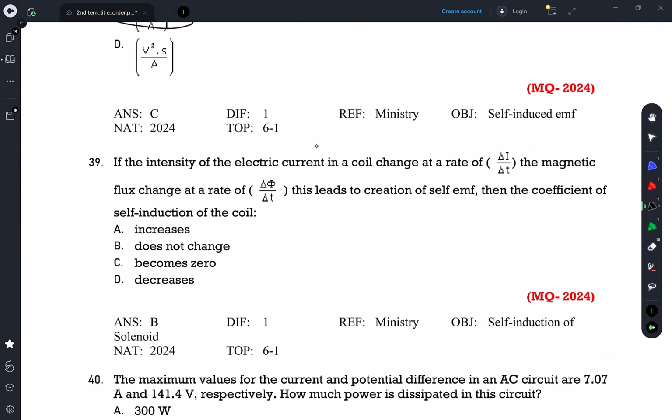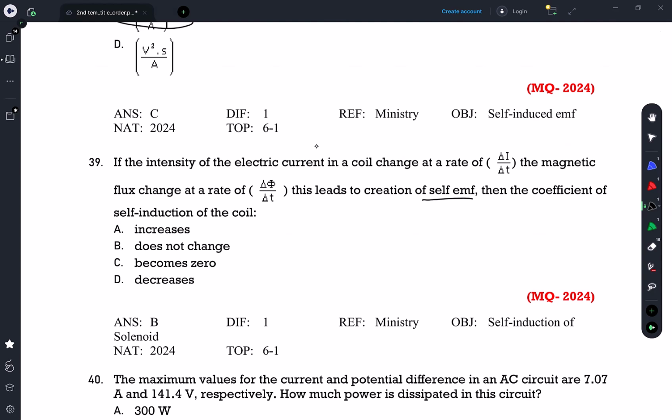If the intensity of the electric current in a coil changes at the rate of delta I over delta T, the magnetic flux changes at the rate of delta phi over delta T, and this leads to creation of EMF, self-EMF. Then coefficient of self-induction of the coil. So coefficient of self-induction of the coil does not depend on magnetic flux change or delta I over delta T change. It only changes by